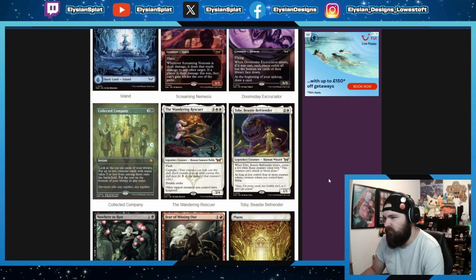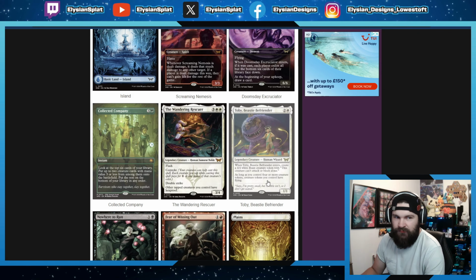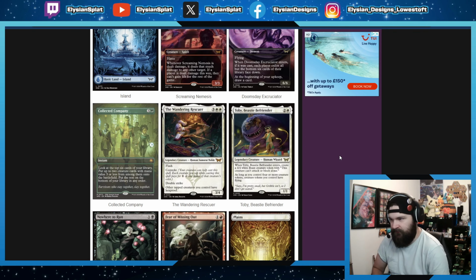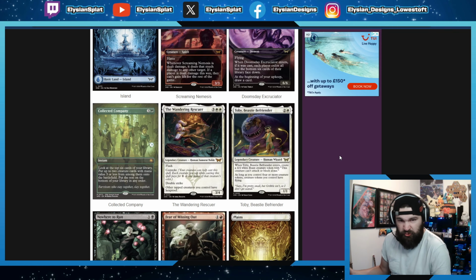As long as you control 4 or more creature tokens, creatures you control have flying. Now that's pretty cool. You can run this guy as a commander, like a little mono white commander that spits out tokens. Really generic. Really good actually, since